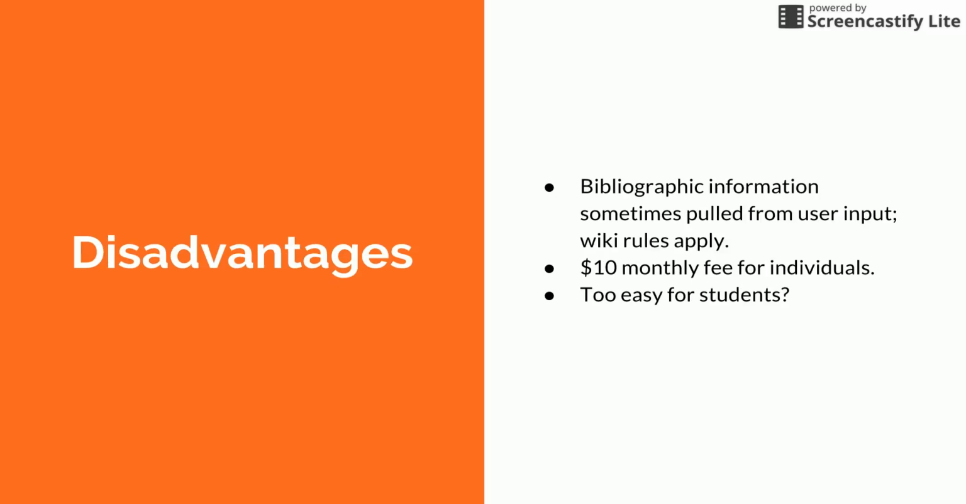So the disadvantages, well, the bibliographic information I told you about comes from user-generated content. So wiki rules apply. Be careful. Make sure that the information that you're pulling down is correct. Remember, you can always edit it if it's wrong. That monthly fee for individuals is $10 a month. That's a bit high just for someone making citations. Again, hopefully someone in your class has the educator version, or someone at the school where you're working has the educator version. The other possible argument, which is that using this website kind of takes the point away from